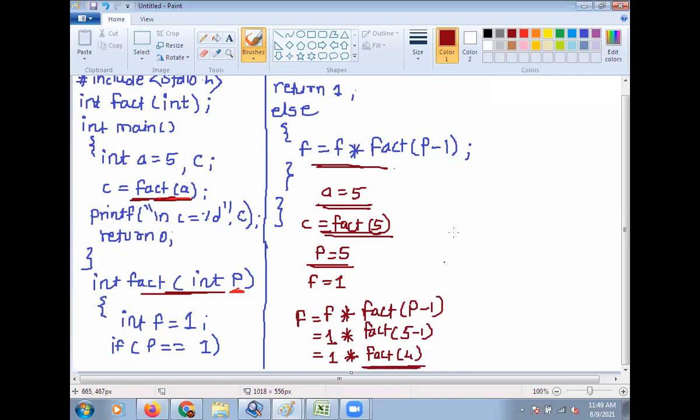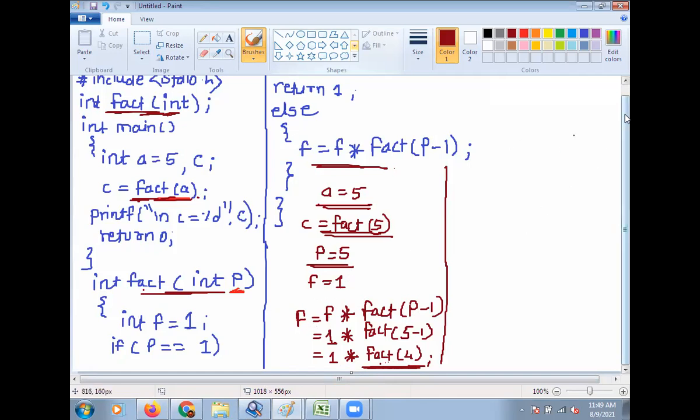See here, the fact function is declared initially, at the second line. Then in the main function you have called fact a. Similarly, in the factorial function you have called fact p. Now the initial value of p is 5.